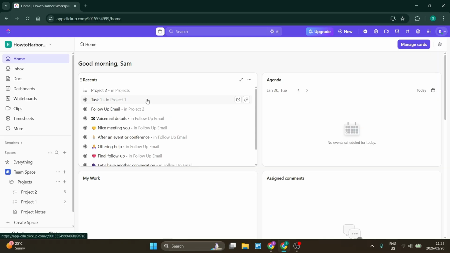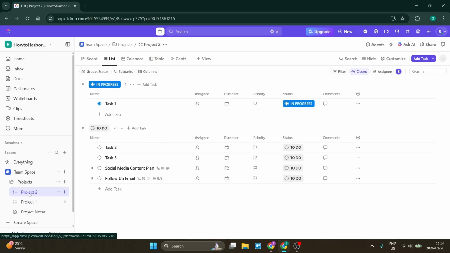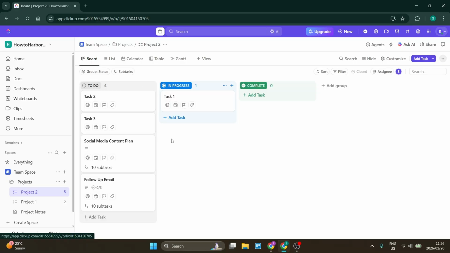So what you want to do is, first of all, if you want to track your time on a specific task, then you're going to go in over here to your team space. You want to go to projects, and you're going to want to go to one of your projects here, and you'll actually see normally your default view will maybe be in a board. Okay, so let's say, for example, this task 1 over here, we want to go ahead and we want to